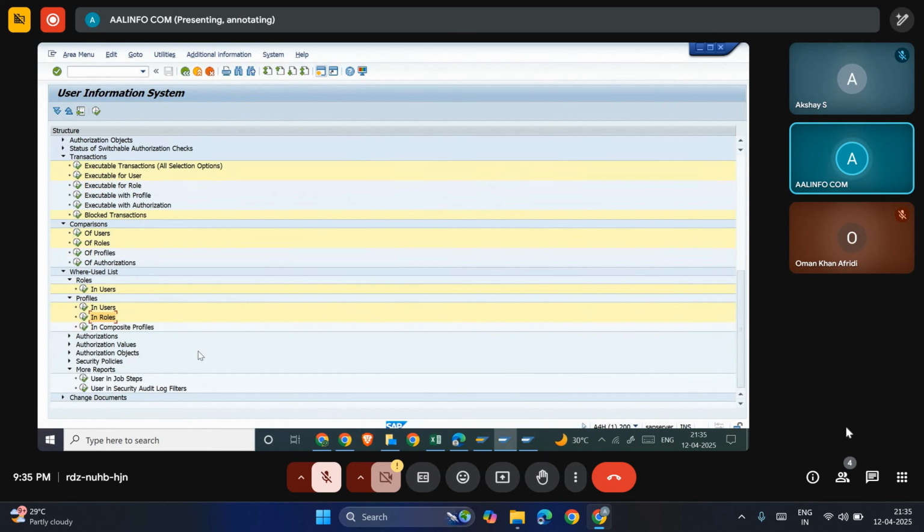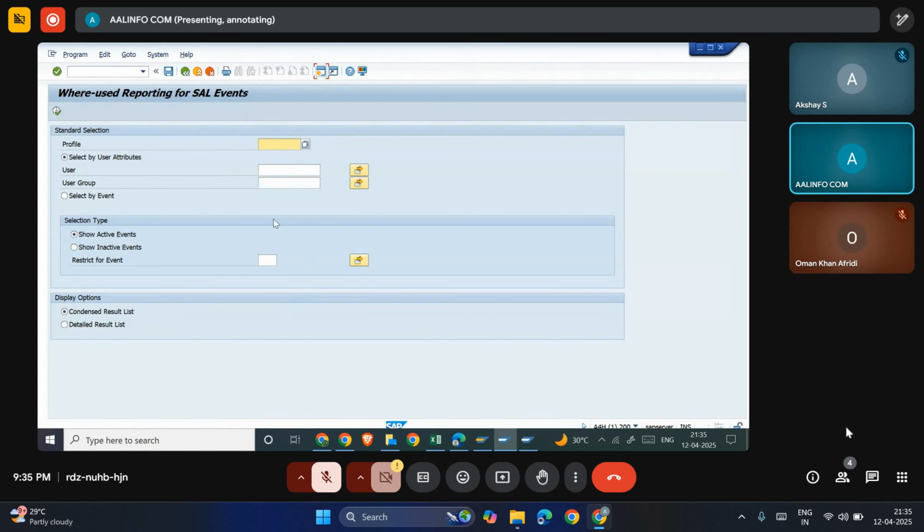Let's see what is there in the job list. User and security outlook filter. These are some new reports. So if you select here,